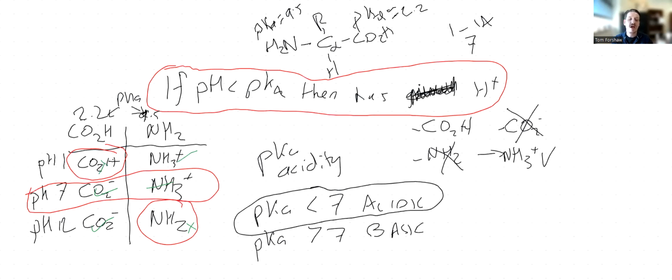On the other hand, for the base, as the pKa increases, it wants to take up a proton more and more. And remember, when pH is equal to pKa, then you have a 50-50 split of the ionized and